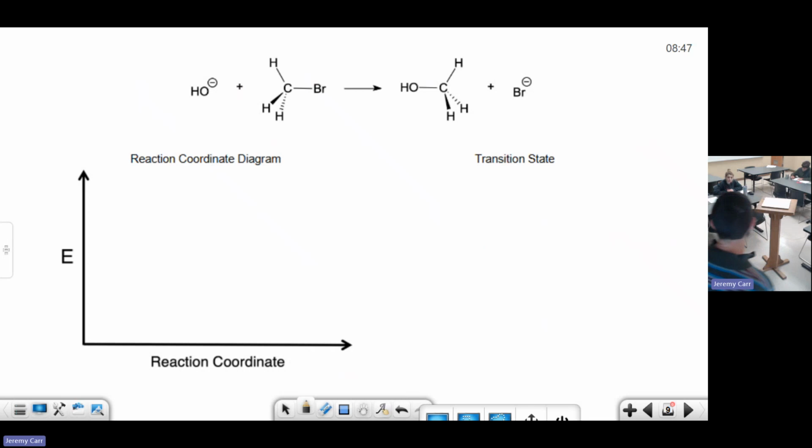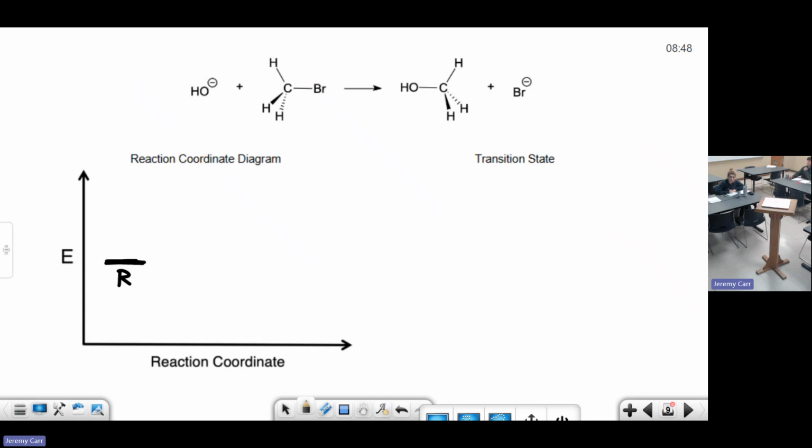All right, so we start with our reactants, and we said that the reactants compared to the products are a little higher in energy. So what are we going to say here? We might say, maybe start right about here. This may represent the total energy of your reactants right here. That's at the start of the chemical reaction. See how it's kind of closer to the left side of that arrow? That's the beginning of your chemical reaction.